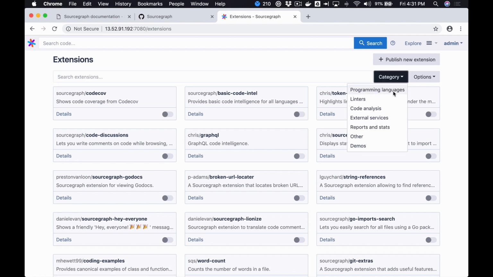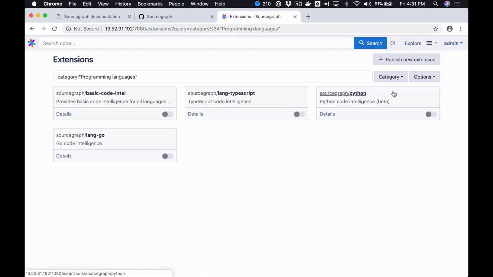Let's filter by programming languages, and Basic Code Intel is the extension we want to have enabled. We don't want to enable it here though, as that would only enable it for this user. So let's head to the site admin,